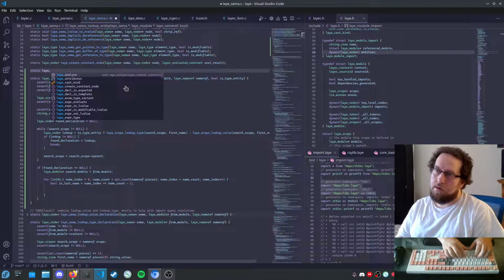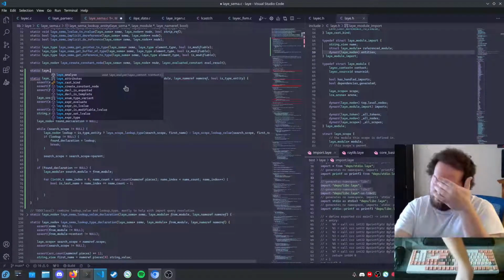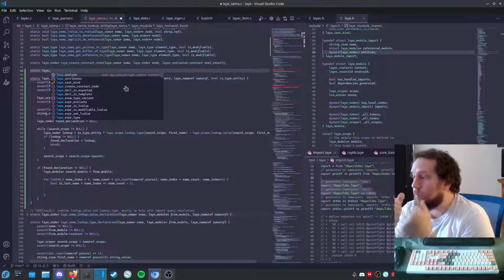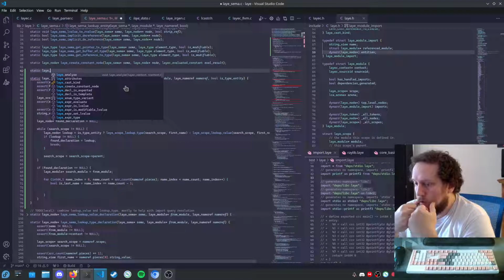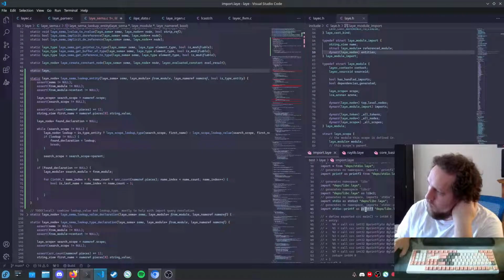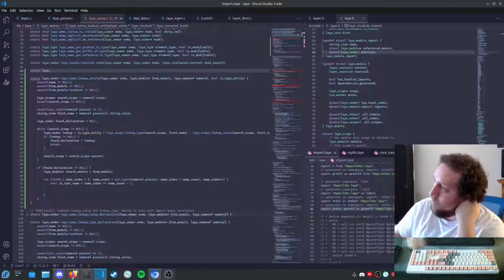Static Laye node, or here's the problem, either a node that we find or it's an import. Though I guess not, because a query can only ever resolve to a single name, and it should always be an entity. I think we're not currently doing this, but well,